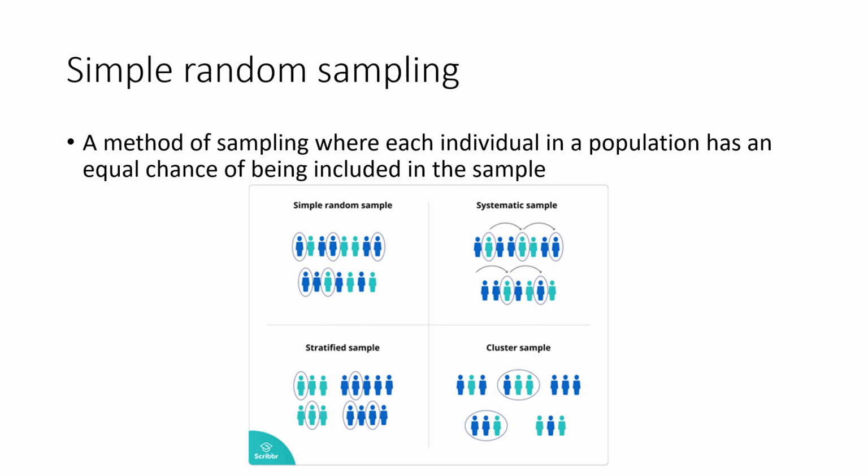The first one is simple random sampling, which is just the easiest one. A method of sampling where each individual in a population has an equal chance of being included in a sample. So if you have a class of 20, regardless of age, gender, or how they do in the class, that is randomly picked. You could say like with a random number generator. They're all assigned a number, and a random number generator picks a number, and that person is picked for the